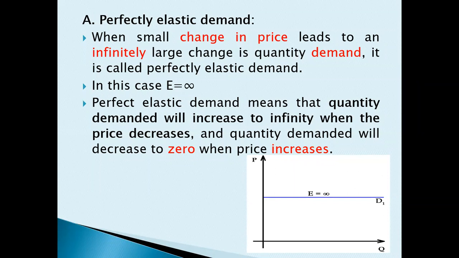So look at the diagram now. On the x-axis we have taken quantity demanded, and on the y-axis we have taken the price. With an increase or decrease in price, there are infinite fluctuations in the quantity demanded. प्राइस कम कर दी, इन्फिनेटली मेरा डिमांड चेंज हो जाएगा. प्राइस थोड़ा सा बढ़ाया तो इमीडिएटली डिमांड कम टू 0. समझ में आ रहा है? प्राइस थोड़ा बढ़ाया, डिमांड 0 होगा. प्राइस थोड़ा कम कर दिया, डिमांड इन्फिनिट हो जाएगा. That is perfectly elastic demand. Okay,